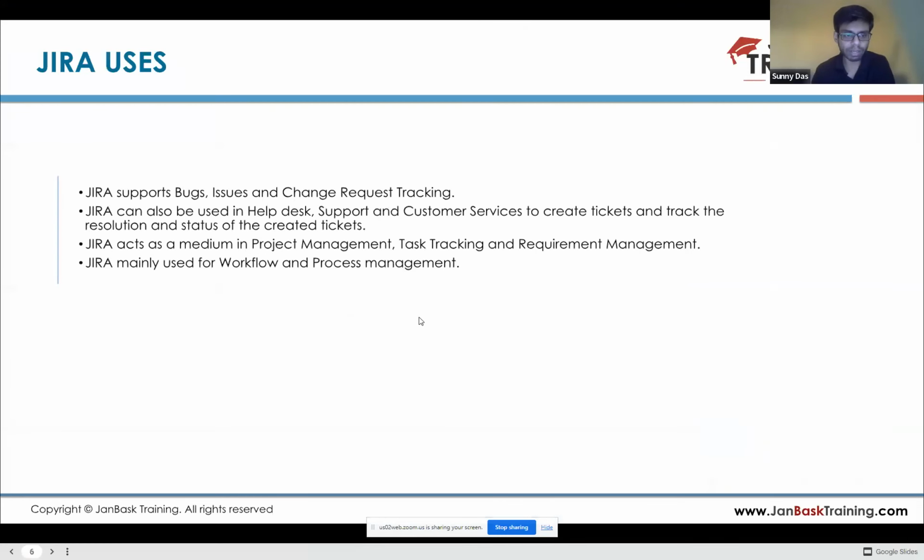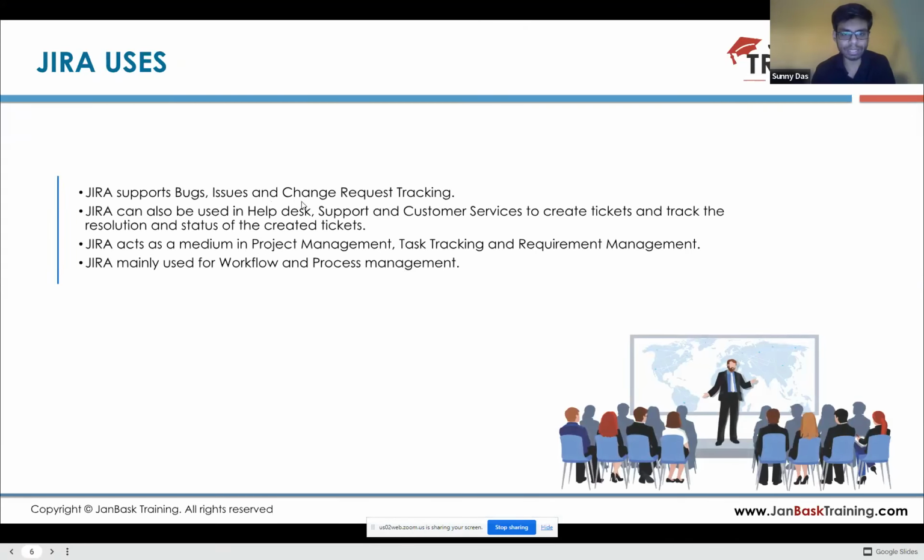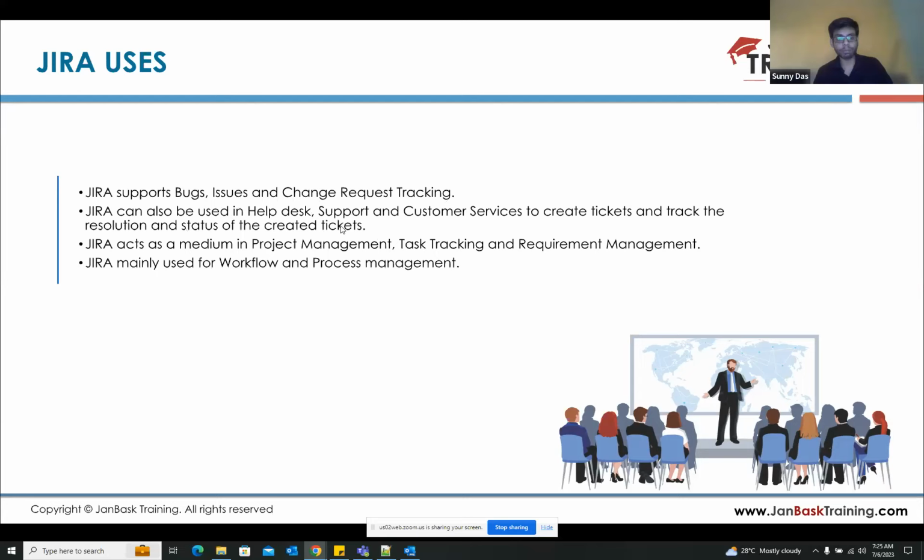If I go to the next slide, Jira supports bug, issue, and change request tracking. Jira can also be used in help desk support and customer services to create tickets and track the resolution and status of the created tickets. So that's what I was telling you regarding the issues if you're facing any with your laptop or keyboard or anything. You can create those tickets as well, and then track to whom this issue is assigned to, and what is the status